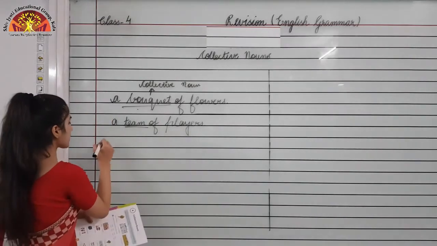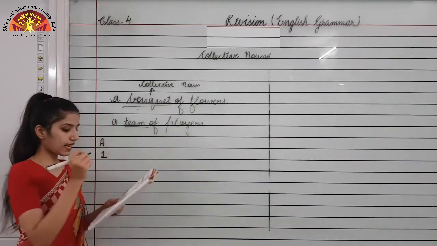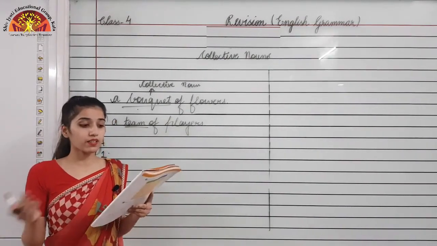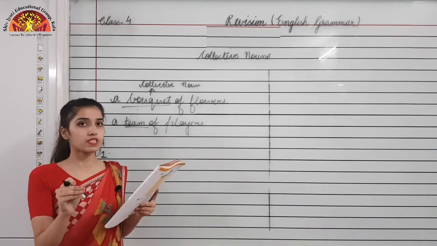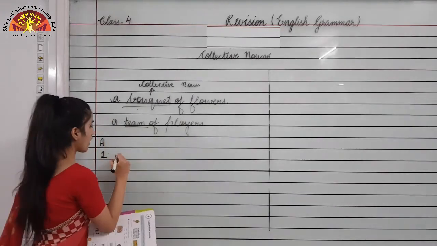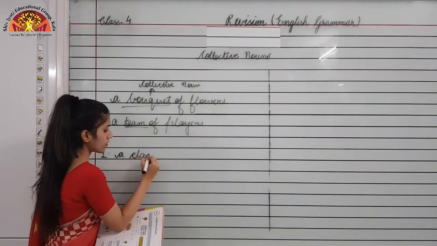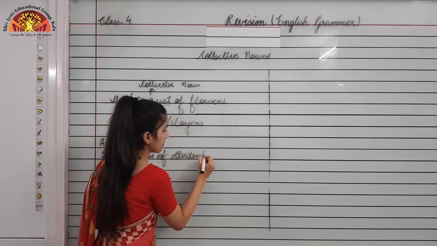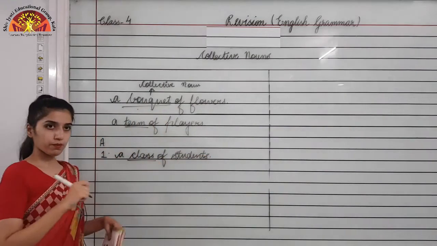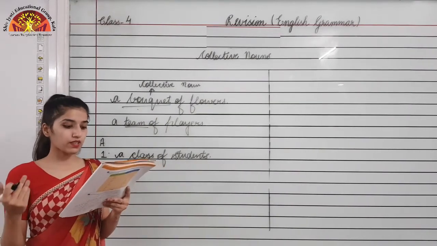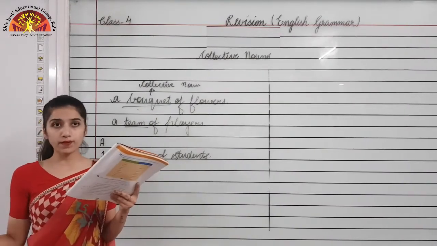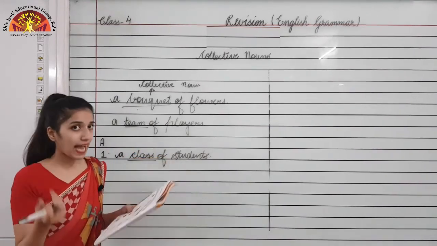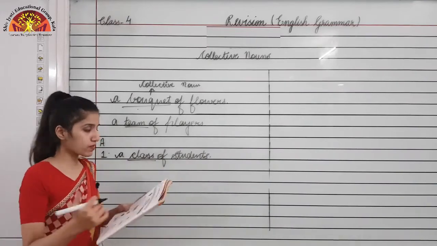Okay. So the first sentence, that is a dash of students. What would be from the help box? The suitable answer would be class. Okay, so a class of students, right? So class would be the answer. Now the second one, a dash of robbers. So from the help box, the answer would be gang. Okay, gang of robbers.